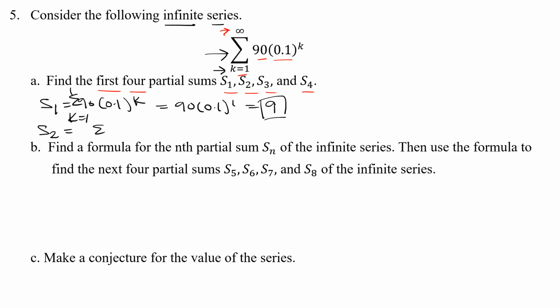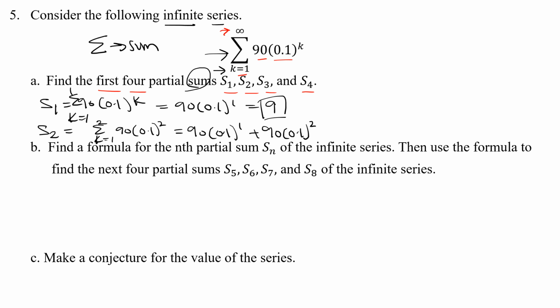Okay, this time k is going from 1 up to 2, so 90 times 0.1 to the second power. So remember the summation means plus, right? Summation means sum, okay? So that means we're adding. So first you're going to do the first power, then plus, repeat that now to the second power, okay? So just put that all together and you will end up getting 9.9. All right, and so you would just simply keep that same